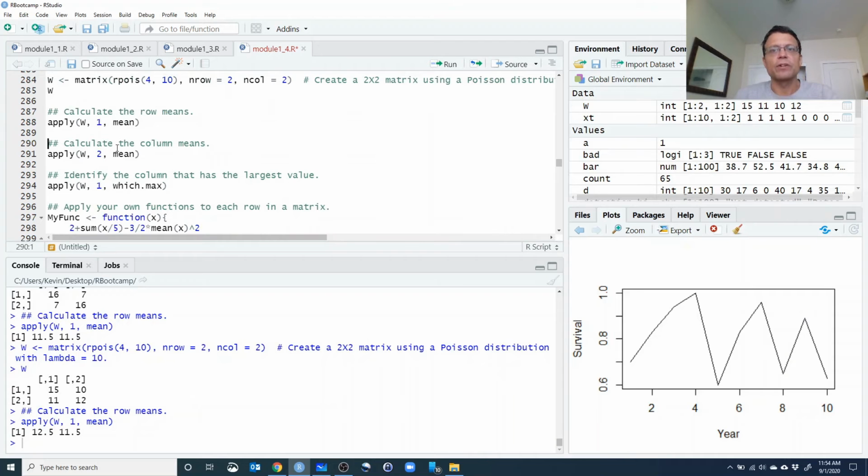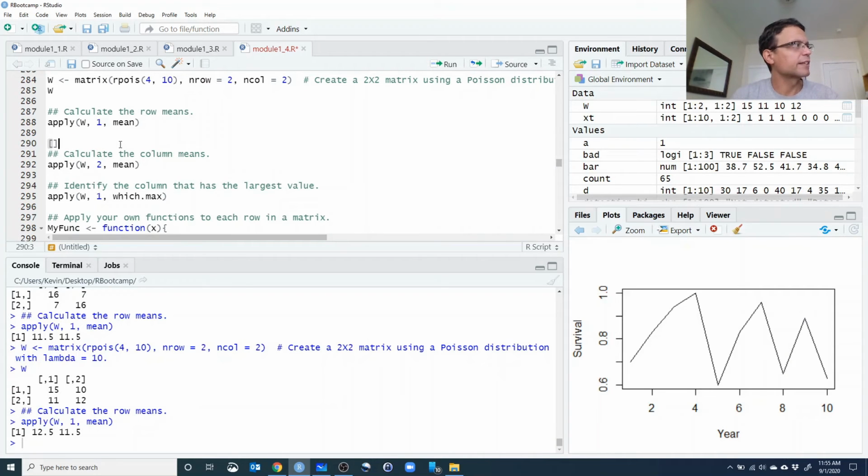We can do the same thing with columns. If instead of 1, we specify the second dimension of the matrix, which happens to be the columns. So that's just the way matrices are specified in most programming languages. The first element, when you're referencing the matrix, when we say W,